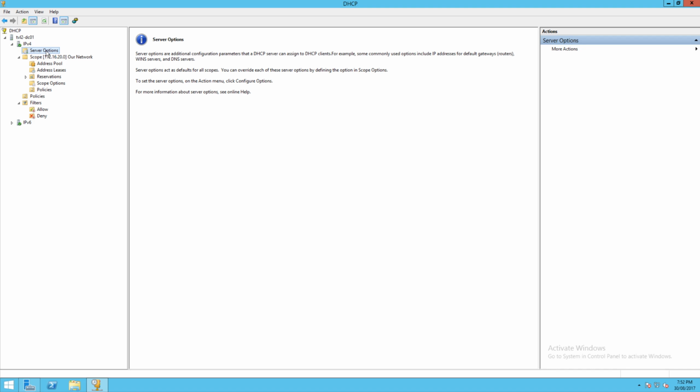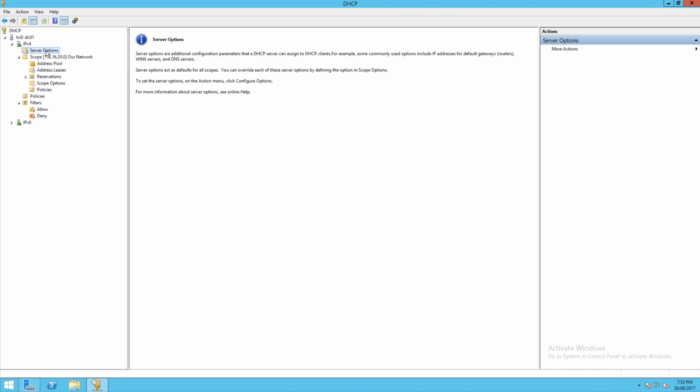Server options are things such as the DNS servers, gateways, the NTP server. There are also things like the SMTP server, the POP and IMAP servers. Phones will want the PABX address. Certain wireless access points will want their controller. Those sorts of things are all configured here